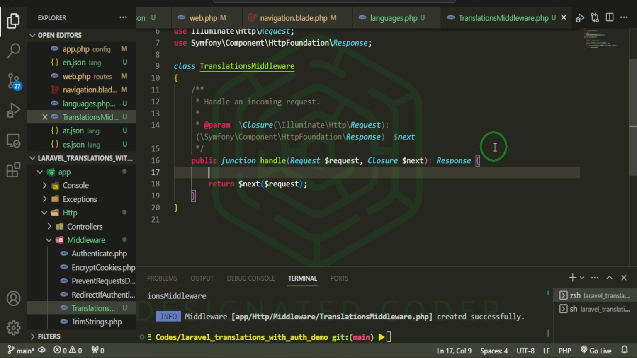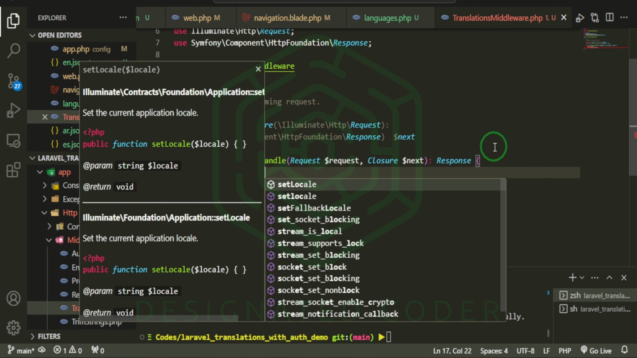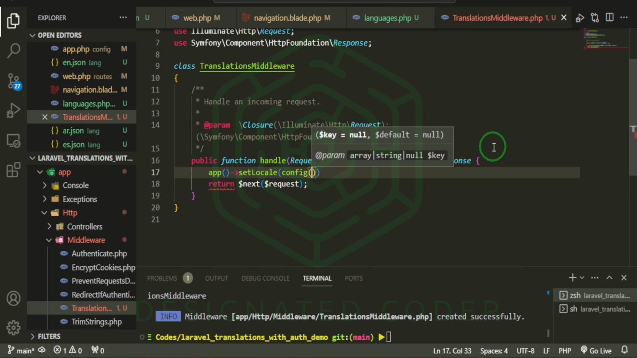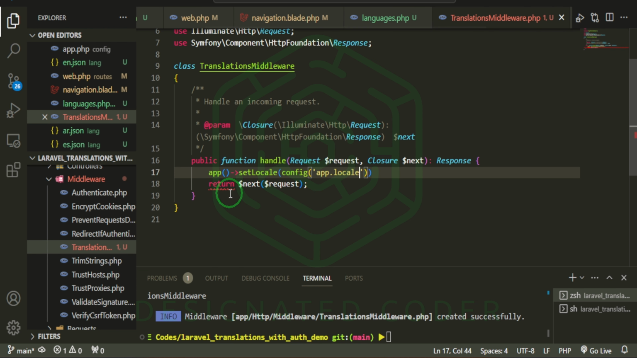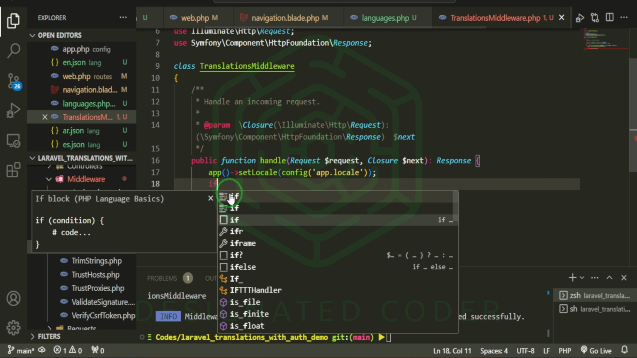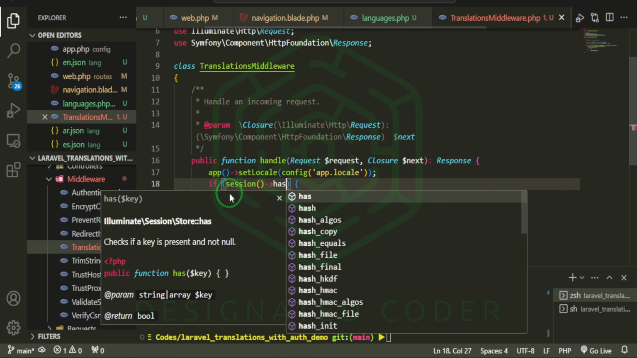So in here, we can do app set locale. We can use the config to grab the app config to grab the locale. In here, I'm just going to change this back to the default English. So it's going to set the locale based on whatever's in that app file. If the session has locale,